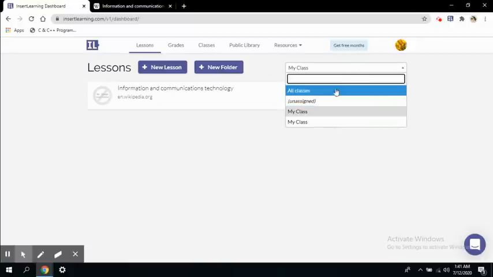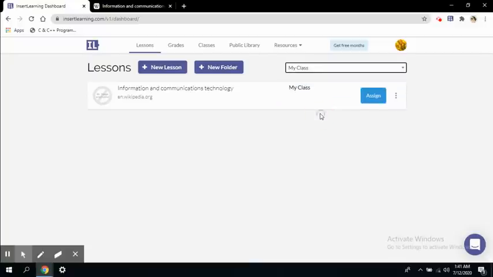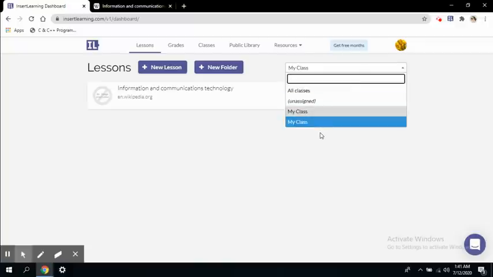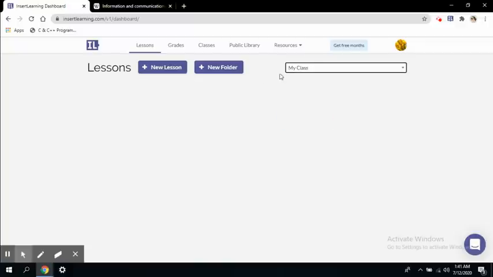Here I can see some classes, which classes are available. So I can see my class here and I select another class. Another class is not having any lesson, so that's why it's showing blank. All right. So before moving on to these options, let's get back to